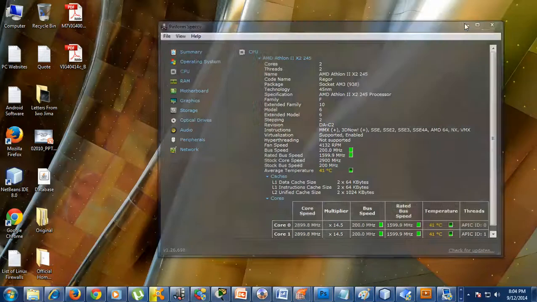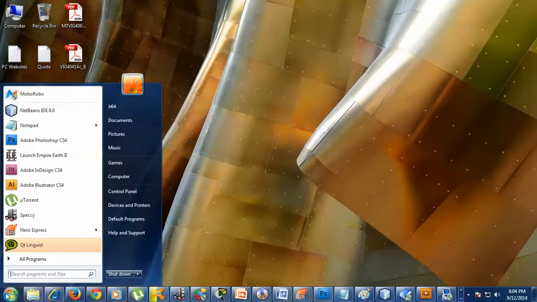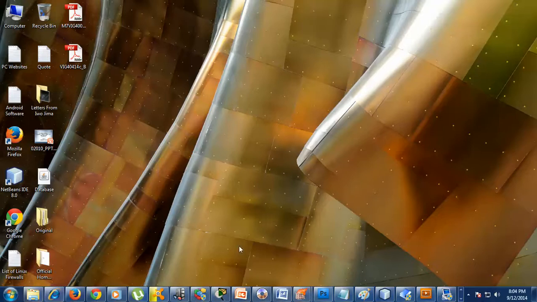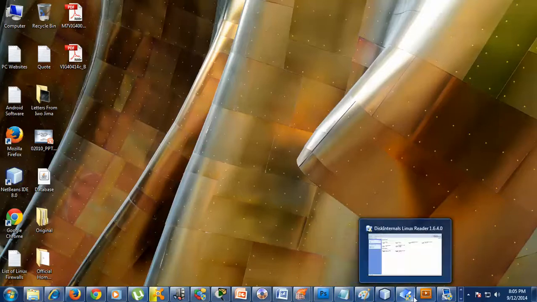Okay, so basically that is it. In terms of performance, as I said, this CPU I will give a rating of 7.5, no, 8 out of 10. I have no problems with it otherwise. Once all these apps are closed off, when I'm running powerful apps like Adobe CS4, Photoshop, or InDesign, it runs smooth, no problems.